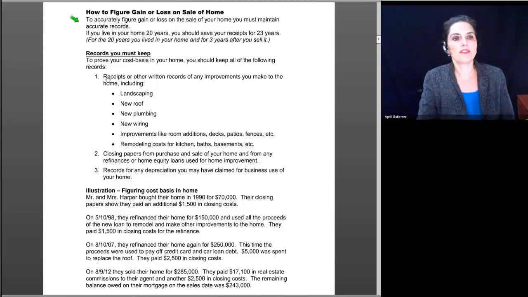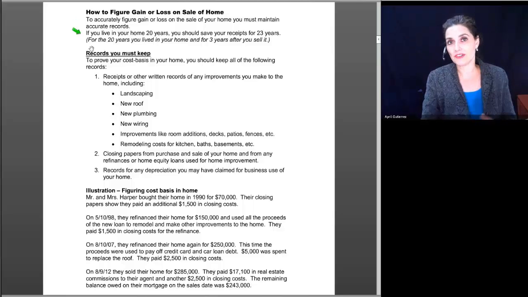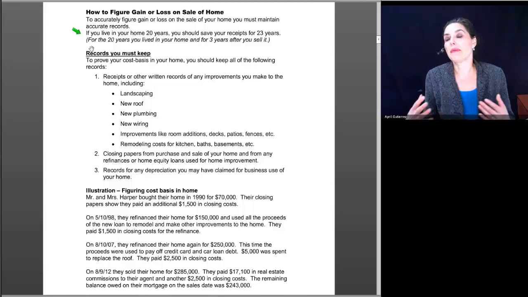So to accurately figure your gain or loss on the sale of your home, the first thing you need to do is keep records. And what many people don't realize is how long they have to keep those records for. Now, if you've lived in a house for 14 years, 15 years, 20 years, every time you make an improvement to that home, you're supposed to keep documentation proving that you made that improvement. And the thing is, after time, people start to accumulate piles of documents and piles of receipts, and they really wonder if they need to save that all, and they feel a need to purge and get rid of it